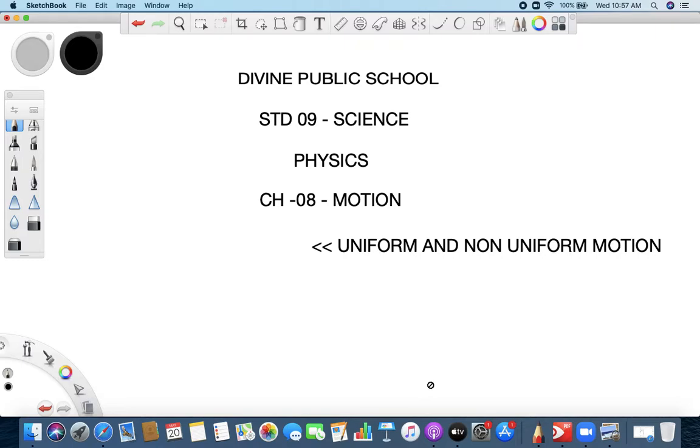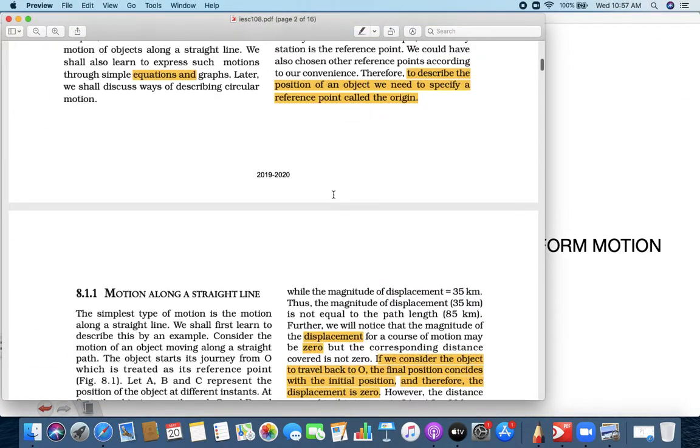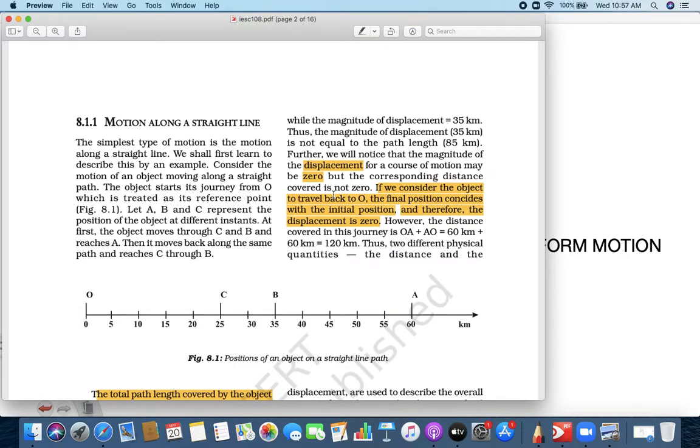We are learning the physics part of science, in which we are learning chapter 8, motion. Yesterday we talked a little about distance and displacement, right? Today we are going to learn more about motion. As I said yesterday,